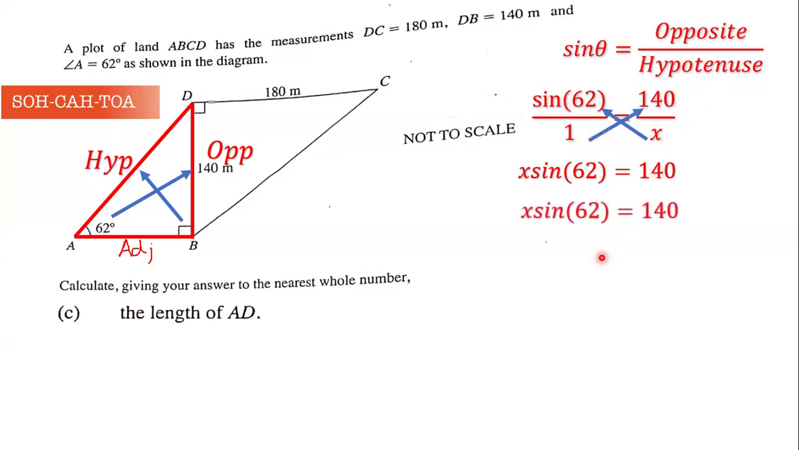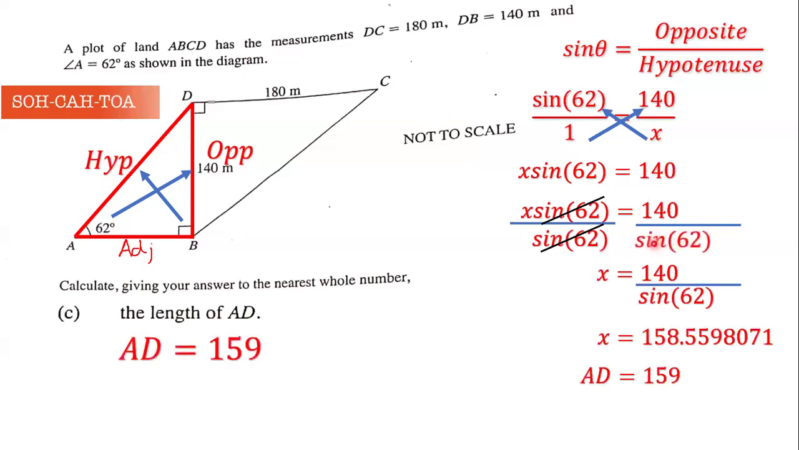What we're going to do here is divide both sides by sine of 62. So we put sine of 62 here and sine of 62 there, and that gives us the opportunity to cancel out. So we're left with x is equal to 140 divided by sine of 62. So we have to perform the division, and when you divide these two, you get that x is equal to